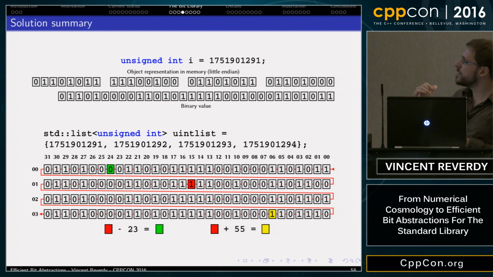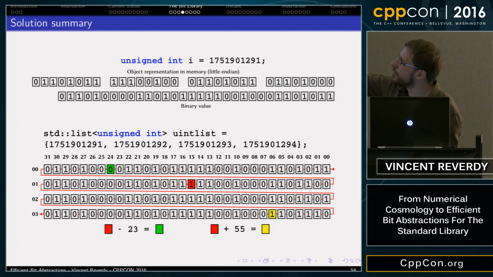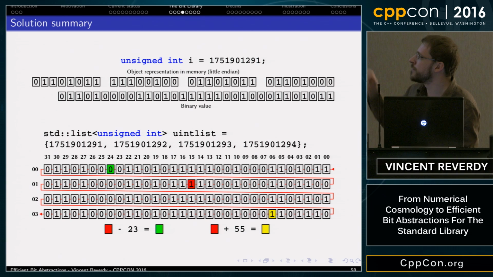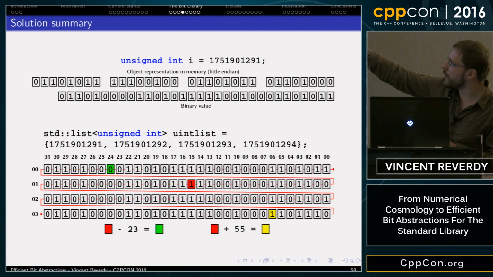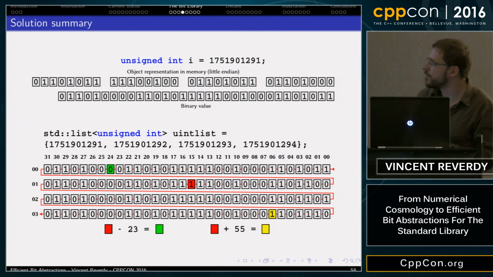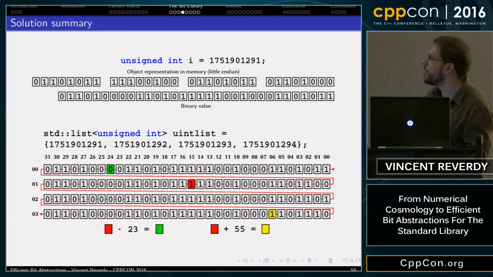If you decrease the iterator, you will go that way, and then continue to iterate on the first integer of the sequence. So if you do your bit iterator minus 23, you will have an iterator to the green element. Reverse thing if you do it in the opposite way: if you do your iterator plus 55, you will end up with an iterator to the yellow cell.